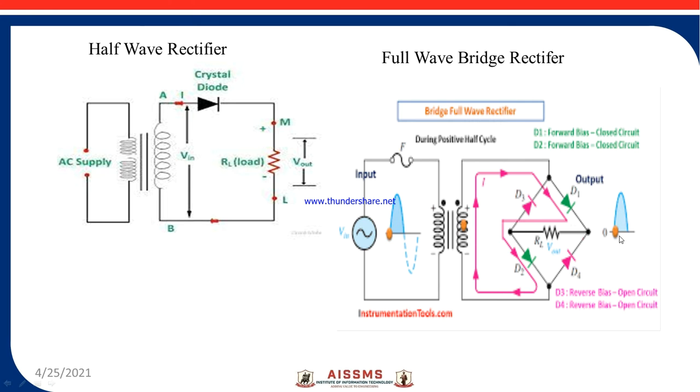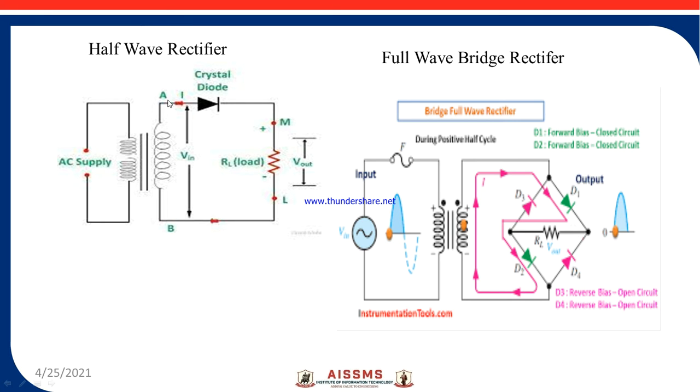So this is the half wave rectifier in front of you. This is the primary winding, which is connected to a 230 V single phase AC supply. This is the PN junction diode which we have connected. Now this is the step down secondary winding of the transformer. The number of windings can be less or more depending upon whether we need to step up or step down the voltage. So this is the step down secondary winding.